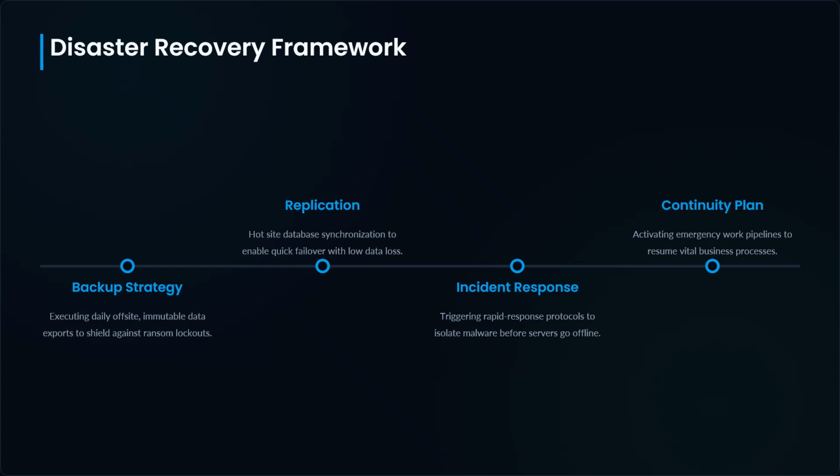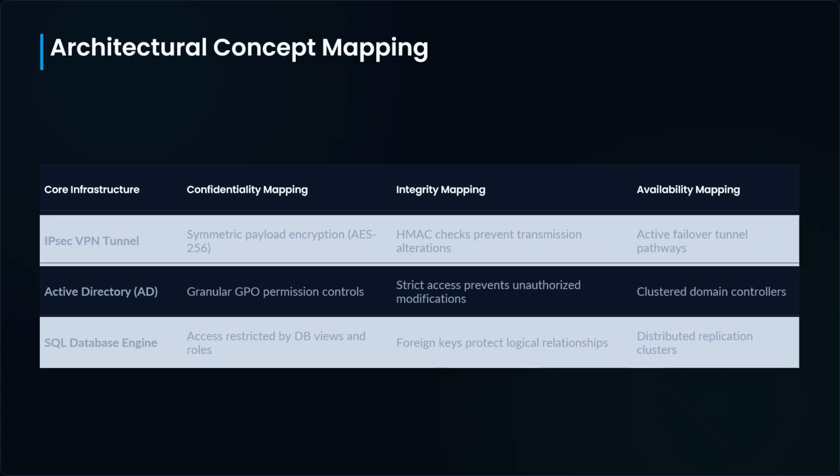Technical concept mapping. To visualize how these concepts operate simultaneously in production environments, look at how everyday enterprise tools split across the 3 distinct domains. Technology element, Active Directory/GPO. Confidentiality focus, restricts folder access using fine-grained NTFS permissions. Integrity focus, controls who can modify system registries or server configurations. Availability focus, automates the deployment of critical security patches to prevent crashes.